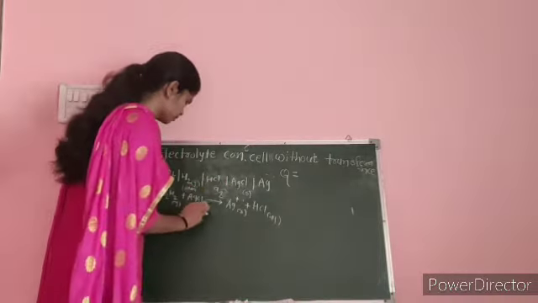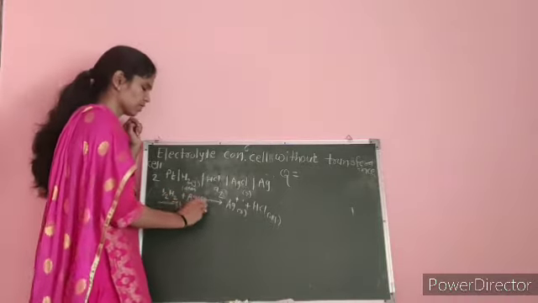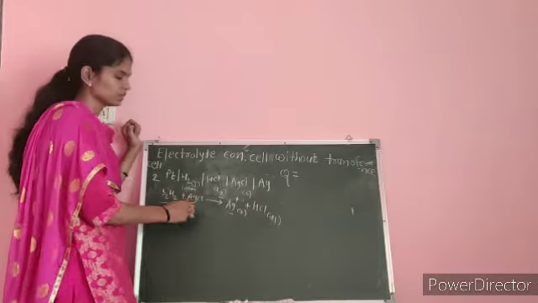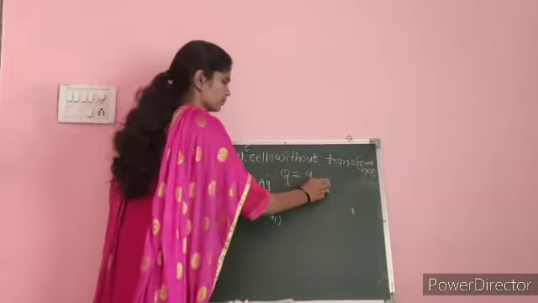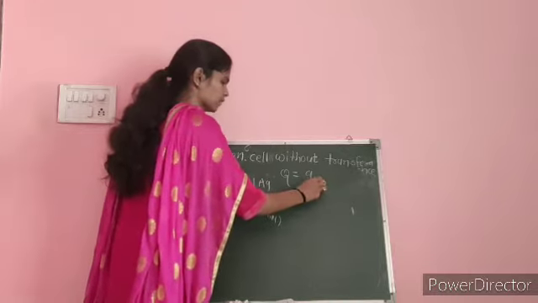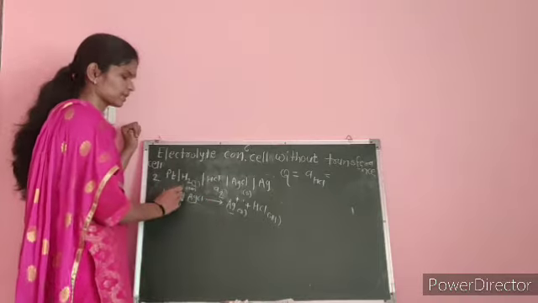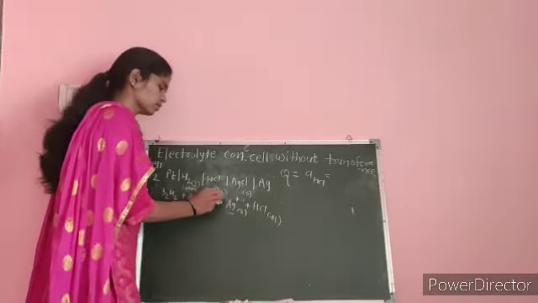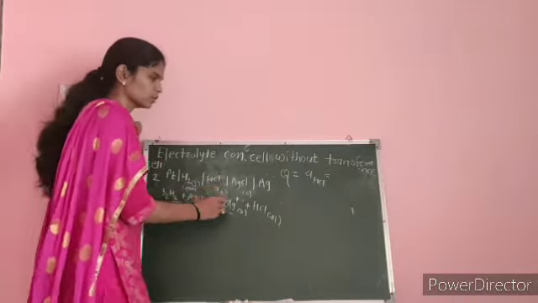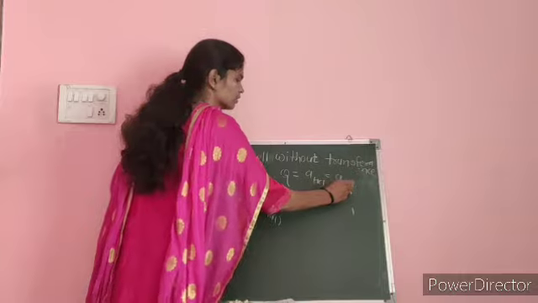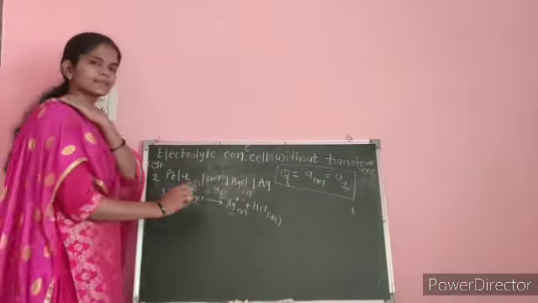From this we can get the reaction quotient Q. Here we know that H2 gas is at 1 atmospheric pressure and the metal electrode activity is 1, so the only value that remains is the activity of HCl. For the second cell reaction, the activity or concentration of HCl is A2. Therefore, we can write here only A2. This is the value of the reaction quotient for the second cell.